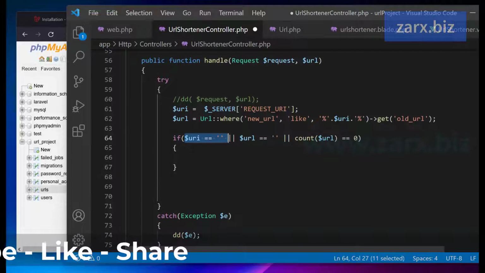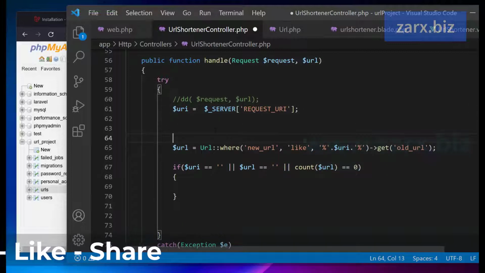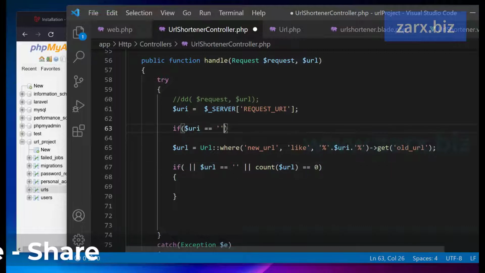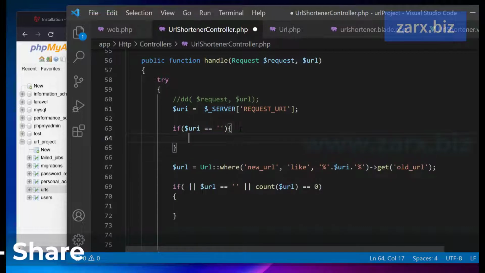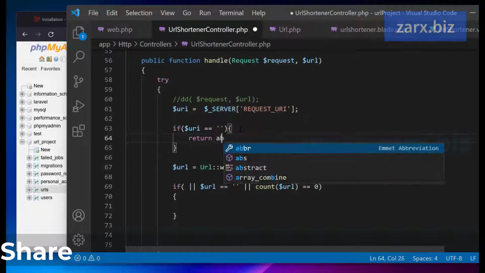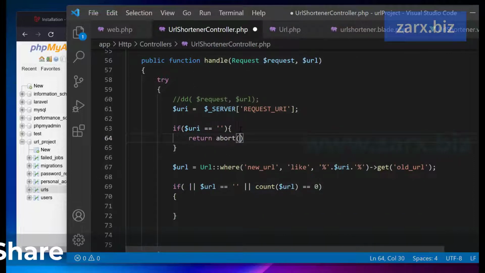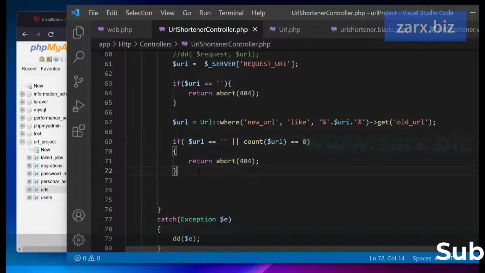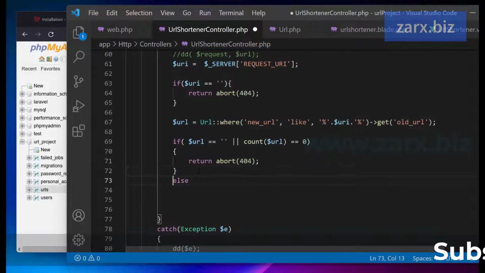You can check this before it here. So if I put another condition here, if, and simply cut this statement, put here, and I say here return abort, and this is going to be 404, and same goes here, return abort 404, and we need to remove this. Alright, now if this is not the case, we have the data, then what do we want to do? So we say else